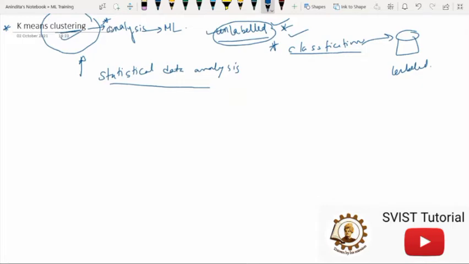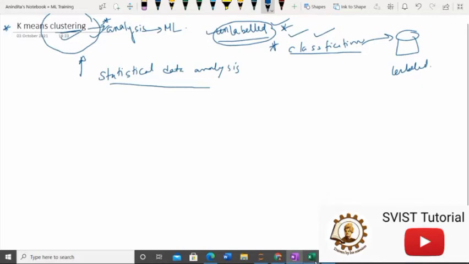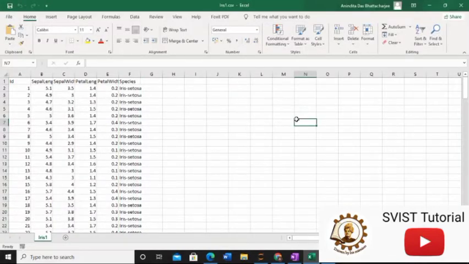Whenever you are using a machine learning algorithm, you have to be very cautious, because what kind of algorithm you use is totally dependent on what kind of data set you are operating on. Now there is another confusion that may arise. You can ask me one question: okay ma'am, we got the idea. Today we are learning clustering, which will work on unlabeled dataset, meaning it will only explore the features. But this dataset is a labeled dataset. So why are you using it?